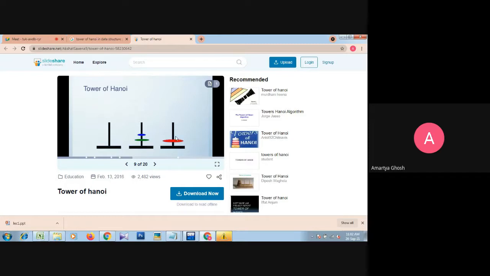Okay, so to shift the green over the red, first we shift the blue into the A stand, that is the empty stand. Then we can move this green, because at a time we can move a single one. So we just move the blue color to A stand, then the green color from B stand to C stand, and then the blue color should come at the top position of C stand. So this is the way we can solve this puzzle or this problem. Hope all of you understand.